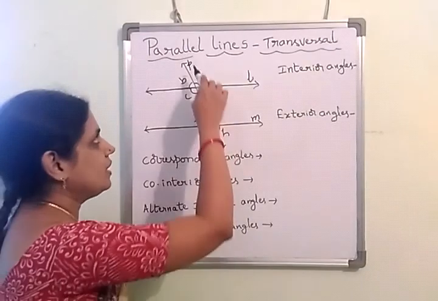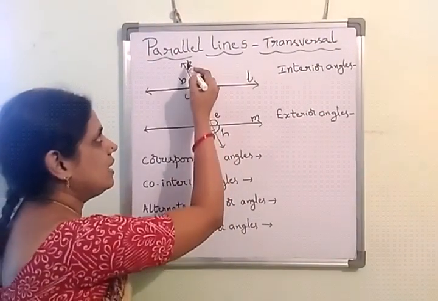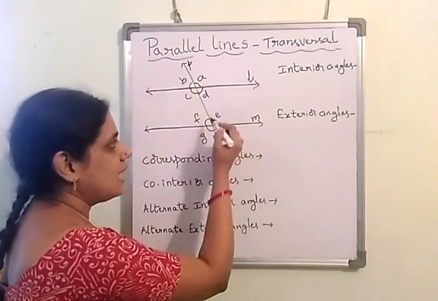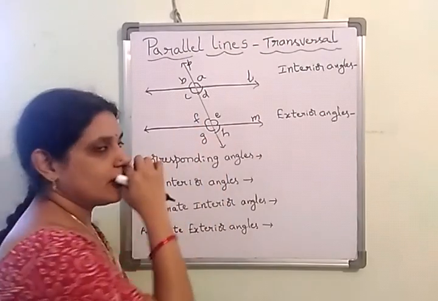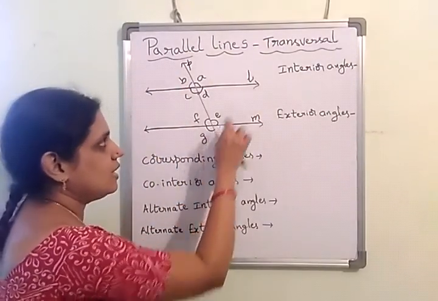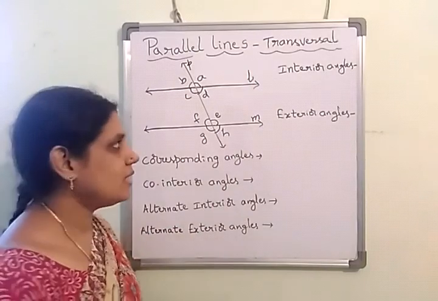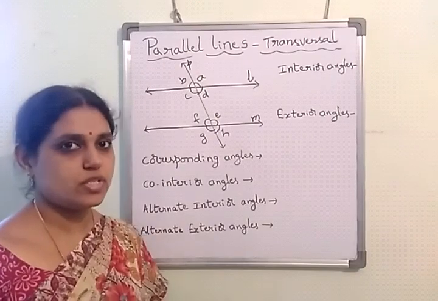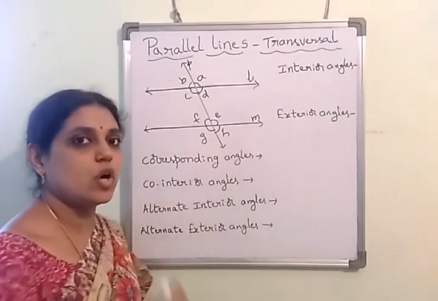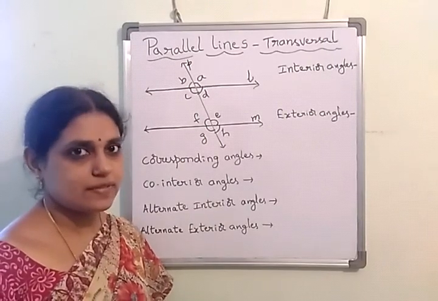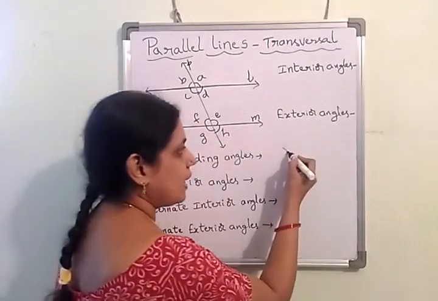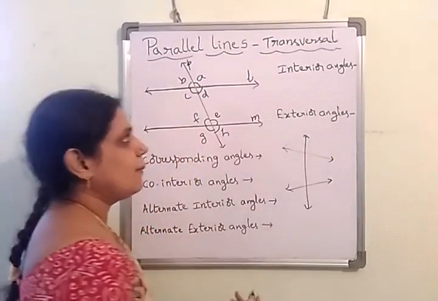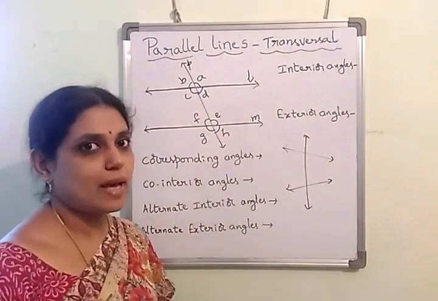But if you see here, P is the transversal. This line intersects L and M, two different lines, at different points, here and here. Understood? So here P is the transversal and L, M are any two lines. Not only for two lines, for any number of lines the transversal can be drawn. And one more point you have to remember: a transversal can be drawn for non-parallel lines also. So even here this is called a transversal only. But our topic now is the transversal for parallel lines.